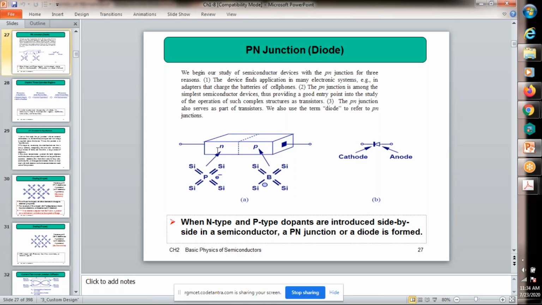Now, if you want to use a PN junction, you must connect some terminals. The terminals are generally metals. A metal is connected to the P-type, which acts as the anode. Similarly, another metal is connected to the N-type, which acts as the cathode. Due to this, two more junctions are formed. These junctions are not PN junctions. These junctions are metal and semiconductor: one junction at the cathode, and similarly one metal and semiconductor junction at the anode.